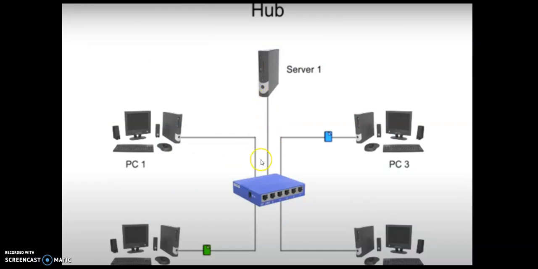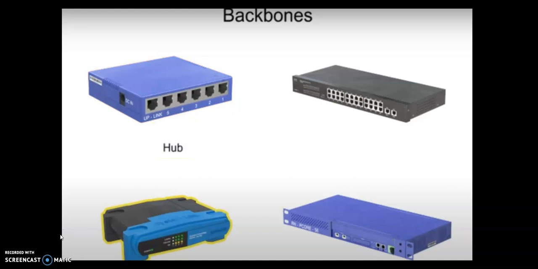In this network, they have used a hub, and both PCs are trying to send data simultaneously. Since the hub follows the broadcast method, collisions will occur. To avoid that, we also go for the switch. This is hub, bridge, switch, and gateway: hub, then switch, then gateway. This is the bridge. The bridge is used to control the traffic within the bus topology.